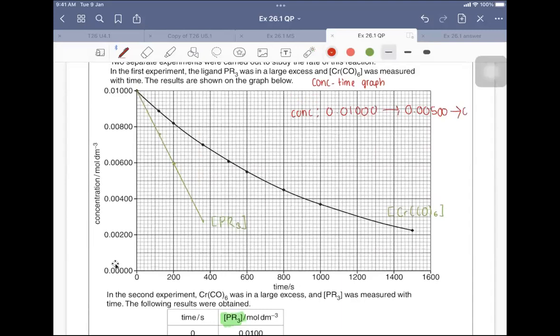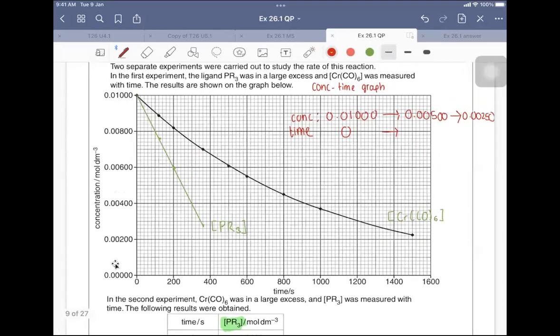Half of that would be 0.00250. Okay, so at initial concentration, my time is 0, and this is in seconds. Okay, so I will just leave it. And I want to find the time at my concentration 0.005. So I need to draw a line, and you will read it